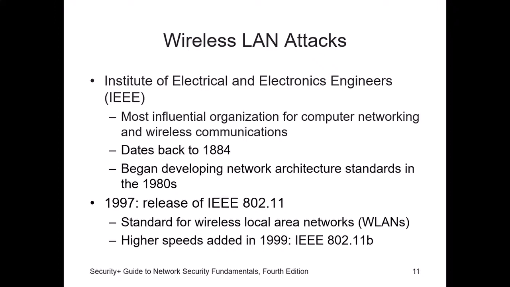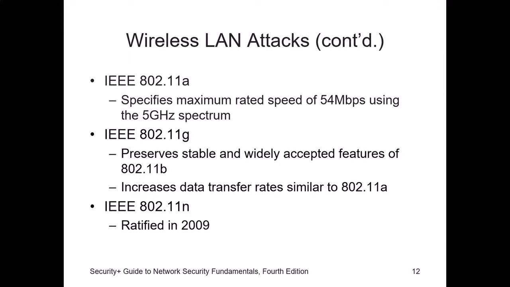This started all the way back in 1997 when they came out with 802.11. It really gave you about 2 megabits per second of actual throughput. 802.11a operated at 5 gigahertz. 802.11g was also backward compatible to B because they operated at 2.4 gigahertz. They gave you about 11 megabits per second. It depends on your throughput.